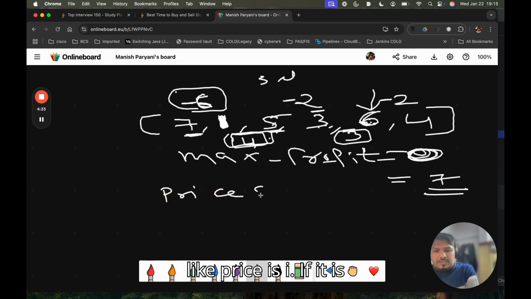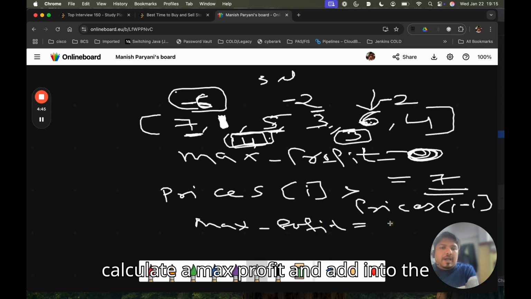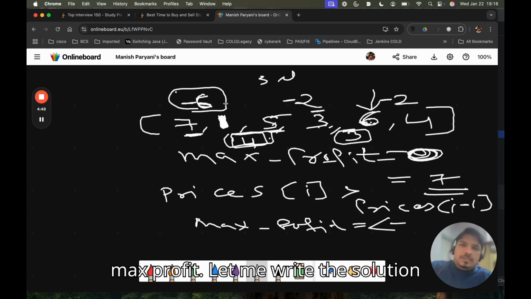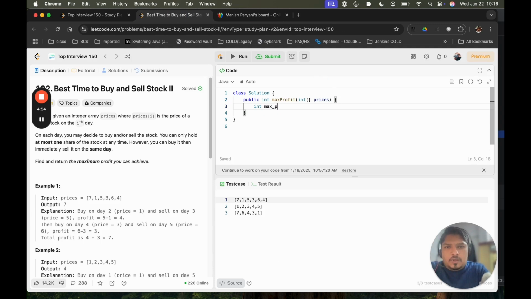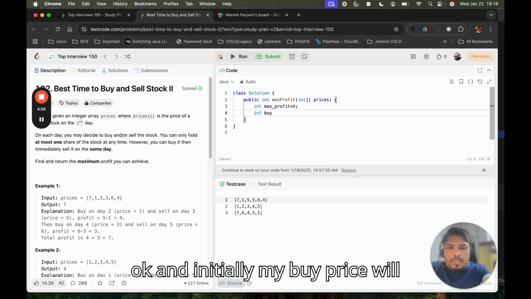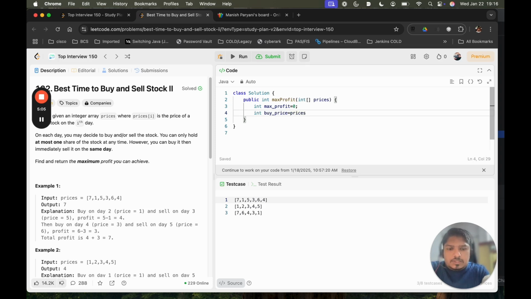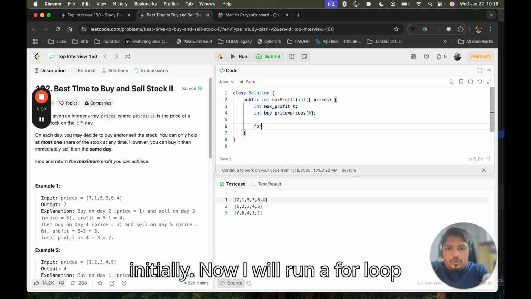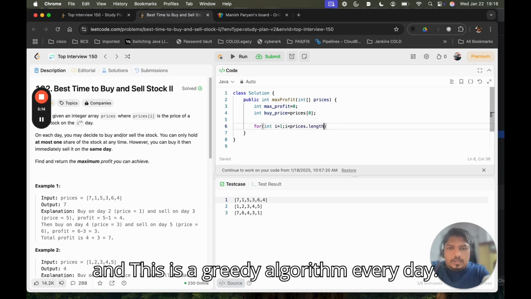If the current day price, prices[i], is greater than prices[i minus 1], then we will calculate the max profit and add it into the max profit, right? Let me write the solution, then you will be easily able to understand. So initially our profit will be 0, okay, and initially my buy price will be the very first day's price. Now I'll run a for loop, i less than prices.length, and this is a greedy